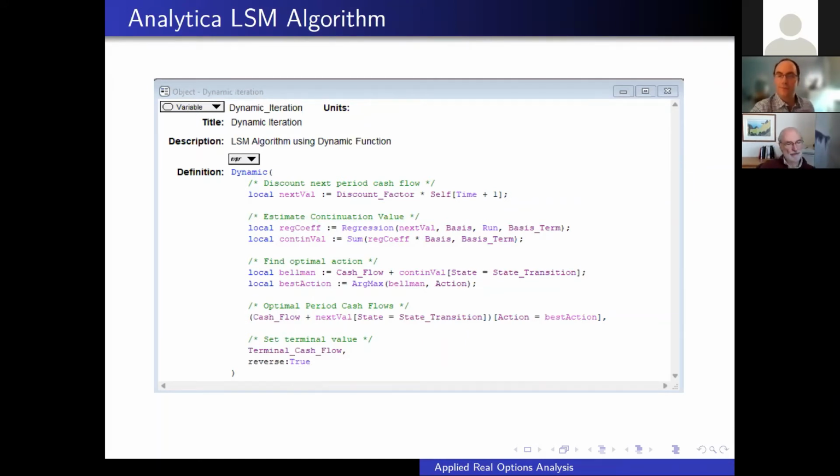Some of you may be familiar with using dynamic. By default, of course, it goes from time 1 to time 2 to time 3, but if you just set this parameter to reverse, it'll do what Dan needs for this. So let's look at a sample